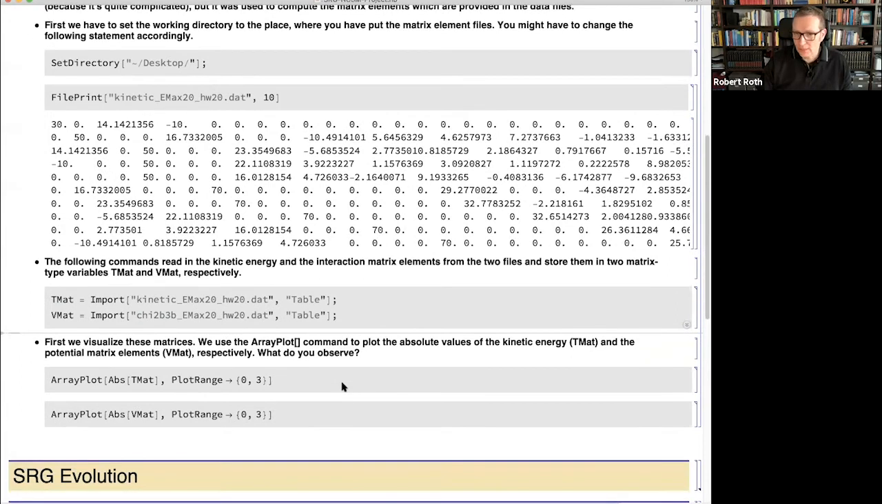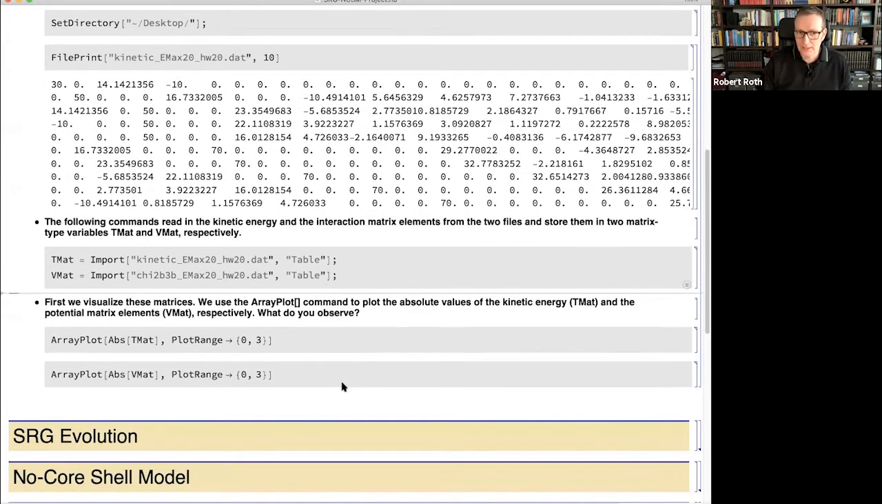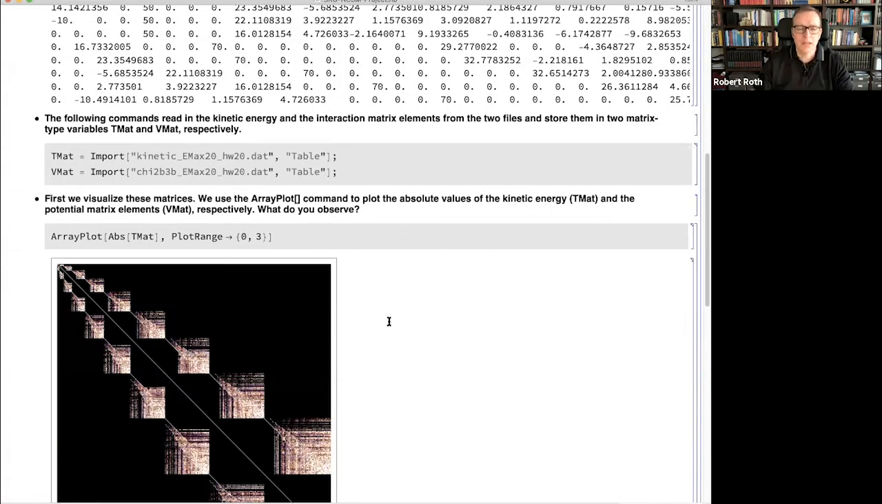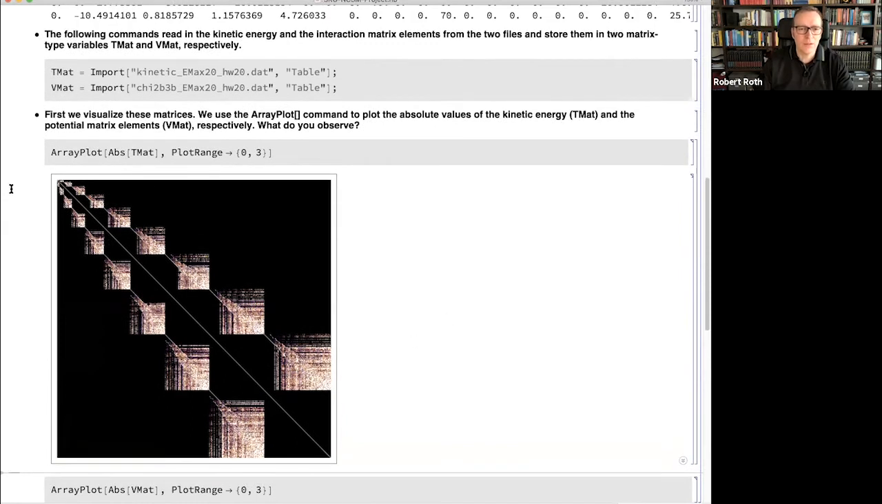We can immediately look at these matrices to get an idea about their structure. And actually, you've seen these plots already in my lecture. This is the colorful plots I used to illustrate the three-body evolution of SRG. I evaluated this ArrayPlot command in Mathematica, and this is now the kinetic energy matrix. It looks remarkable at first sight. If you've never thought about the kinetic energy operator in a harmonic oscillator basis, you might be surprised by this